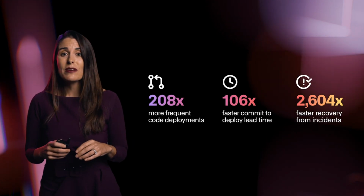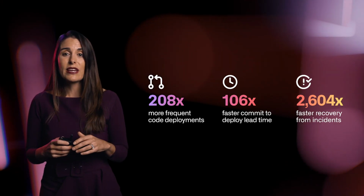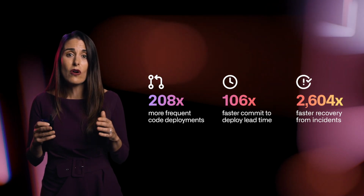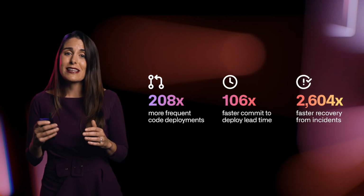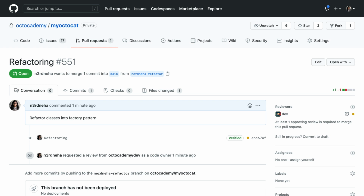Automation not only increases the time developers spend on code, but also makes their jobs easier because they're able to minimize distractions and stay in flow, focused on work that's driven by creativity and collaboration instead of redundancy and interruptions. GitHub defined one of the most foundational code collaboration workflows when we created the GitHub pull request, providing an